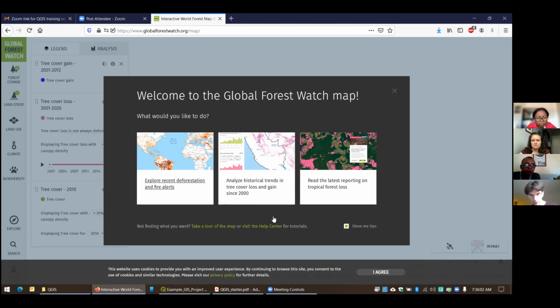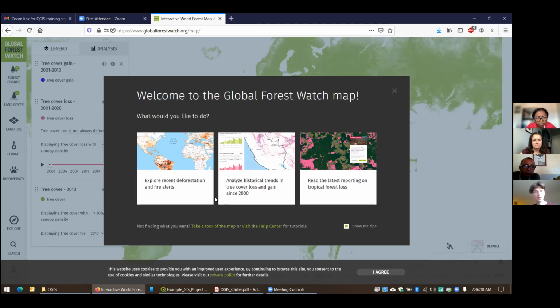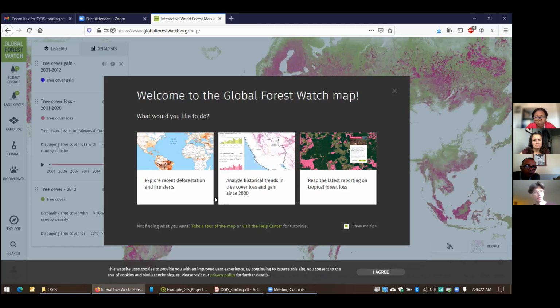You can look at trends in forest cover. So where has forest cover changed? The other thing is they have an email system whereby you can sign up and say, this is the area that I'm interested in. If anything happens to this area, please send me an email that alerts me that there's tree cover loss happening.